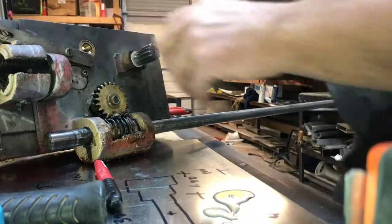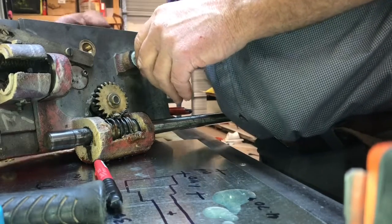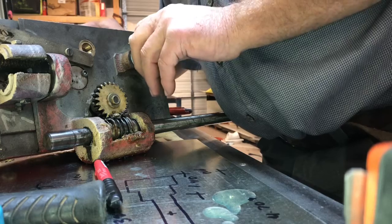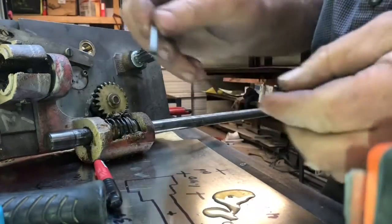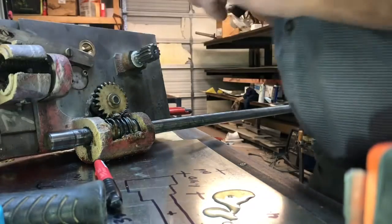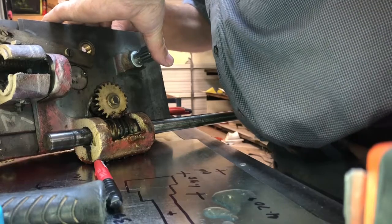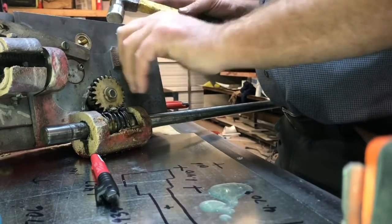Rotate it all good and lubed up. And let's find a hole for the roll pin right there. Here's a little roll pin. Stick it in. Hold everything aligned. Start tapping it down. Okay, I'm into the gear. It's pretty snug,